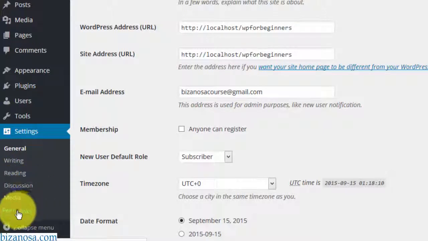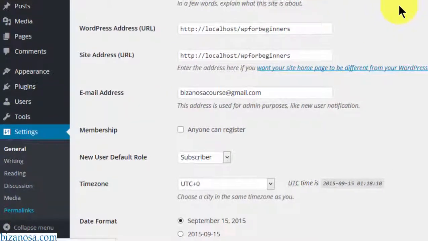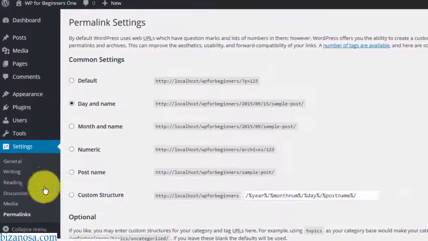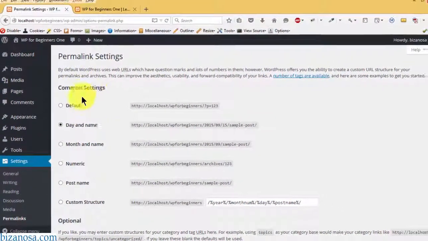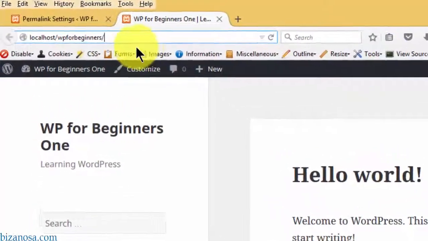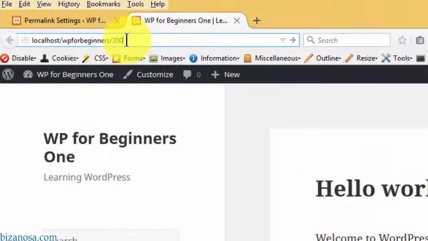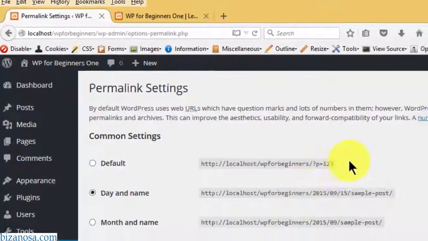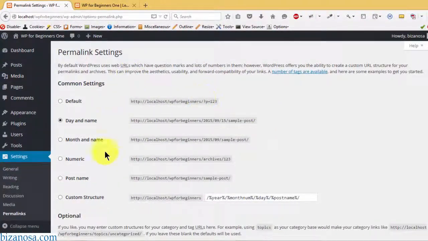Right now I want to show you about permalinks. So if you come to settings, permalinks, permalinks basically is how the website pages are. There are certain pages, if you go to, you'll see something like 2005, then maybe the month, and then the post. There are certain websites that use that kind. There are those websites that will just use the link directly to that particular post. So if you want to change how your permalinks appear, this is where you will change them.